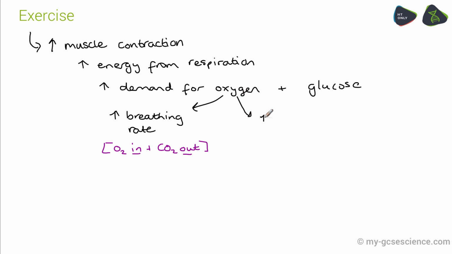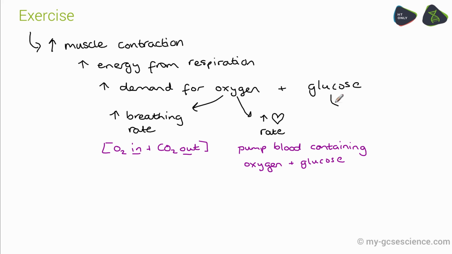However, there's no point in simply oxygenating the blood because you need to get that blood around the body. And the heart does that job, but the heart needs to do that at a faster rate. So the heart rate increases, or your pulse will increase. This helps to push more of that extra oxygenated blood that also contains the glucose necessary to fuel that respiration reaction in those muscle cells.